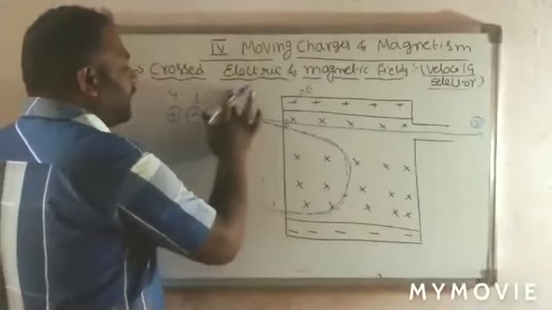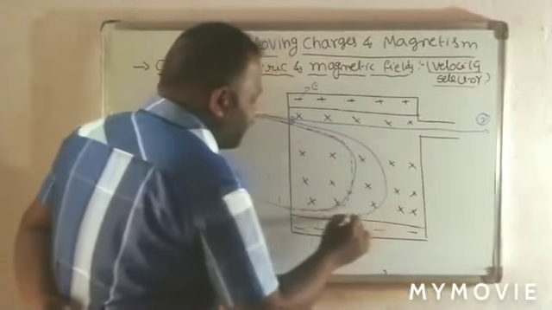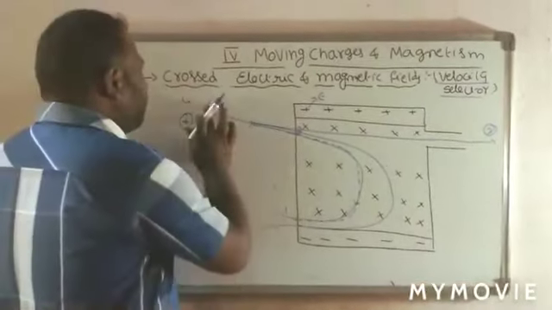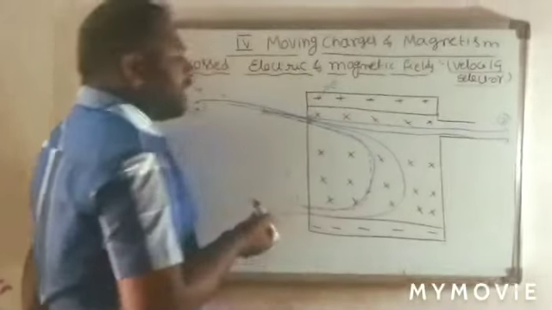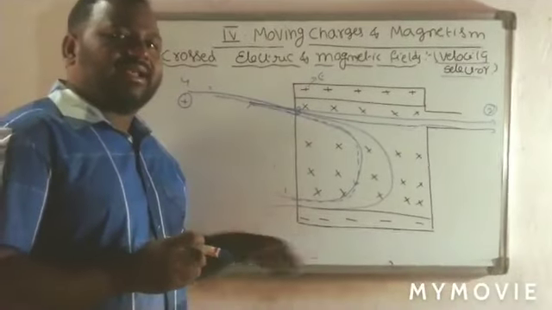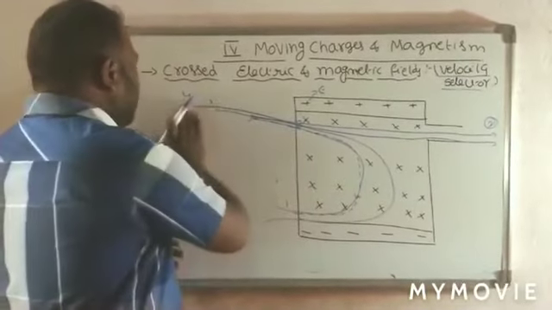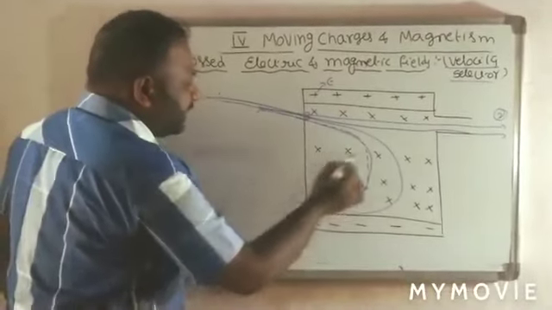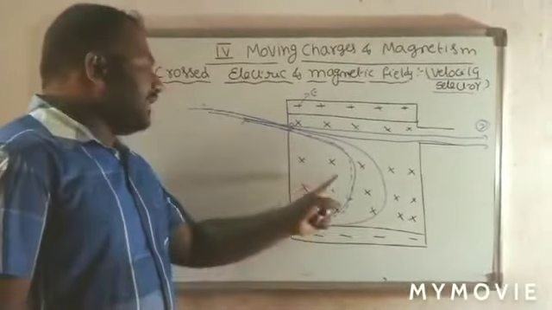If you take the third particle, and its velocity is not equal to E by B, then it takes a certain helical path. If the fourth particle's velocity is also equal to E by B, then it also follows the second particle's path, without any deflection. From that we can identify the particles which are moving with the same velocity. And here, we observe that particles 1 and 3 have different helical paths. That helical path depends upon the velocity of the particle.